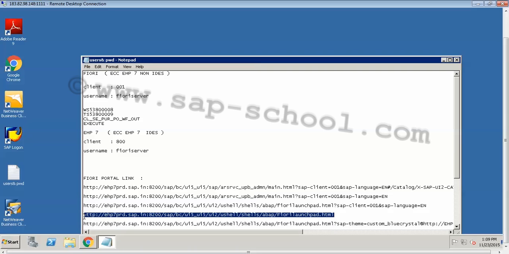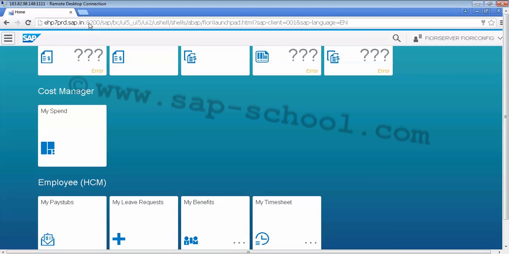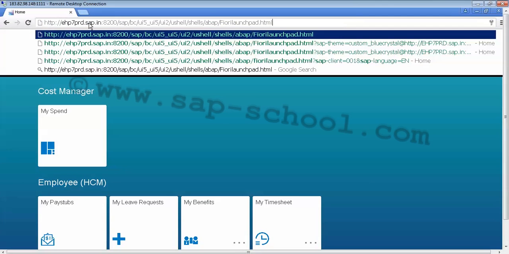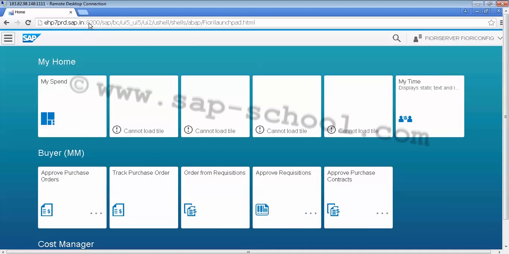I'll just copy it and enter the link here. It will open up my SAP Fiori Launchpad homepage. Since I was already logged in, it has not asked me to enter the login credentials. Otherwise, if it is the first time, then you will be prompted to enter your login credentials. So we can see how we can open up the Launchpad.